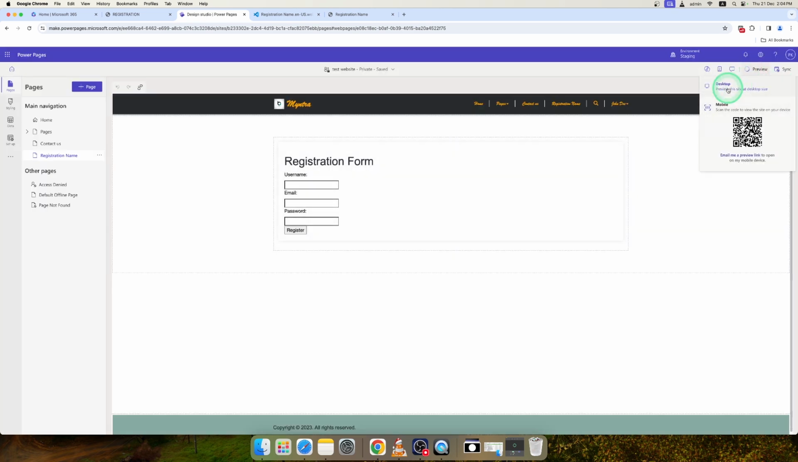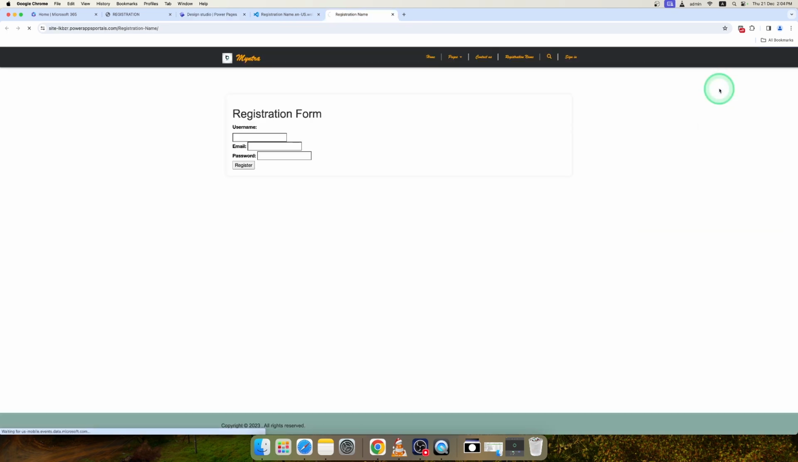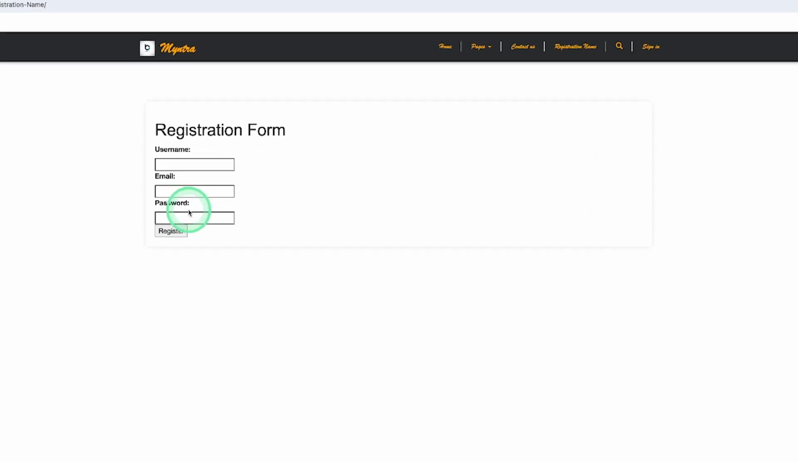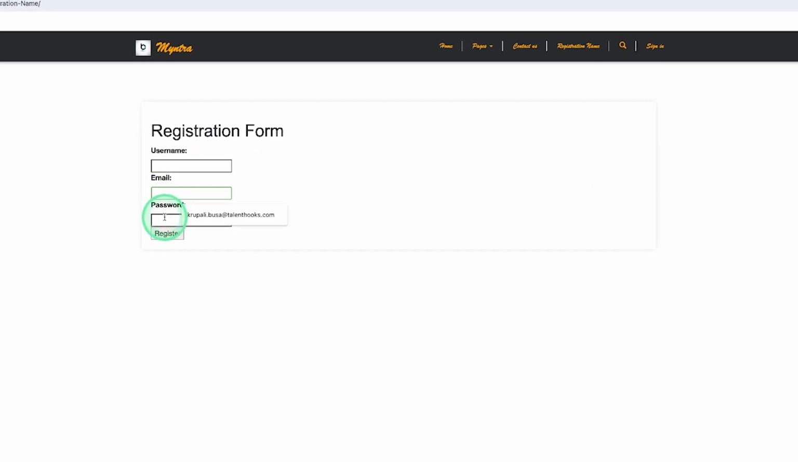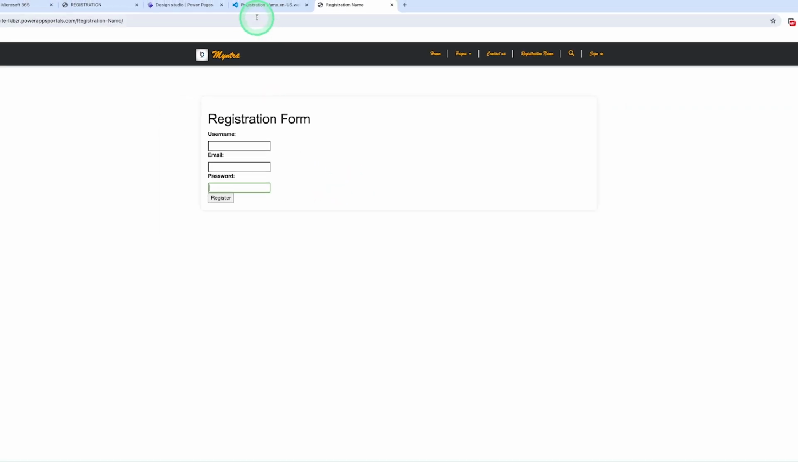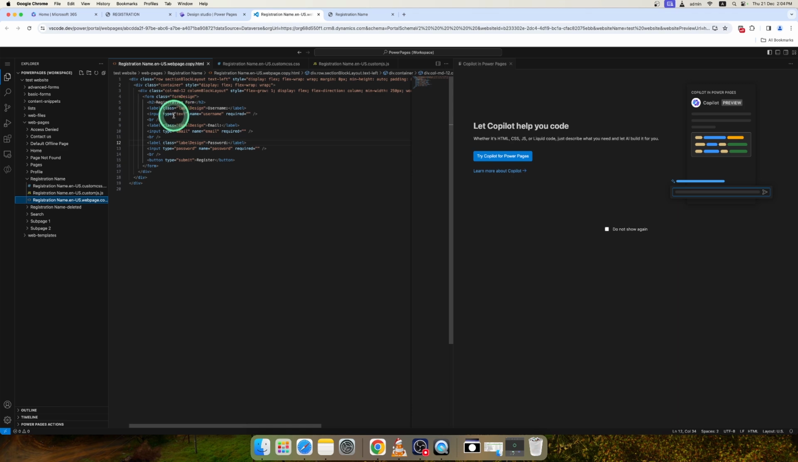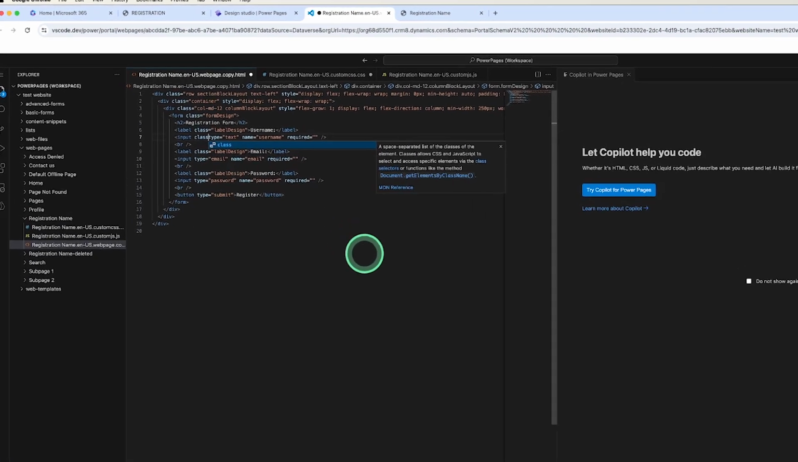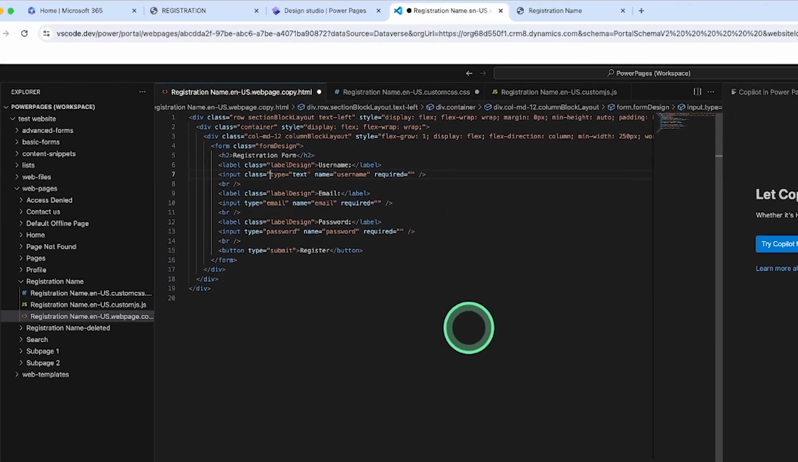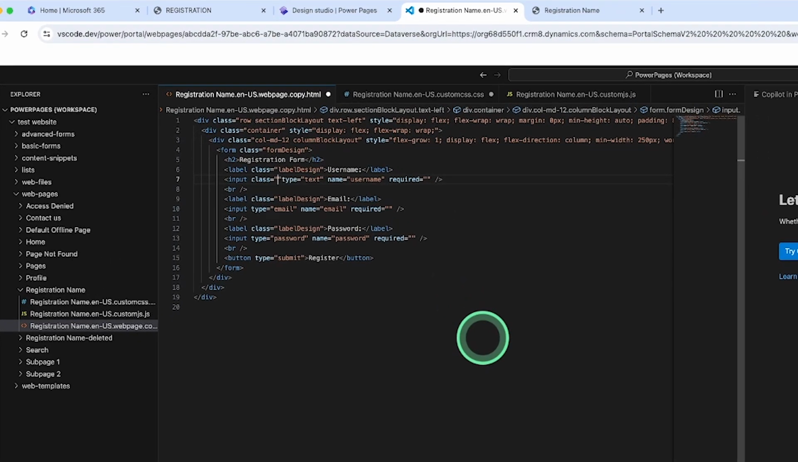Now I preview this first. So here you can see our changes. In the input field, I till now not added any CSS. So now further we have to move to the input field to add some CSS. For this we have to add a class, that is class equals to, and after that we have to give a class name, that is input design,